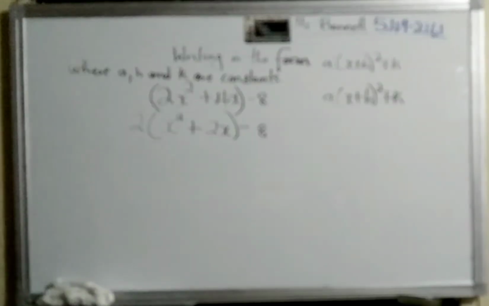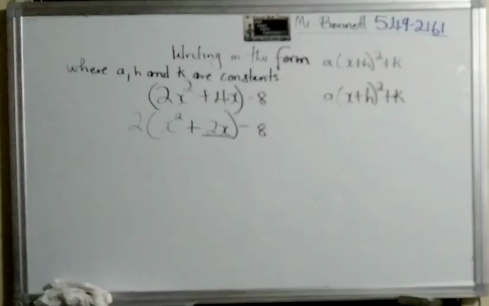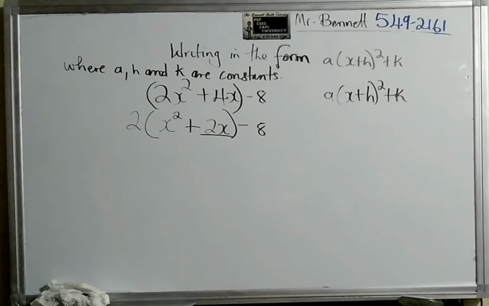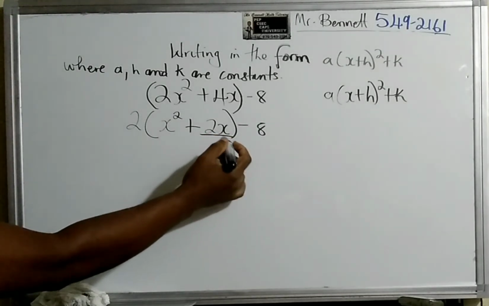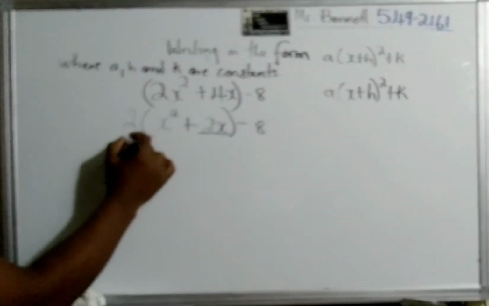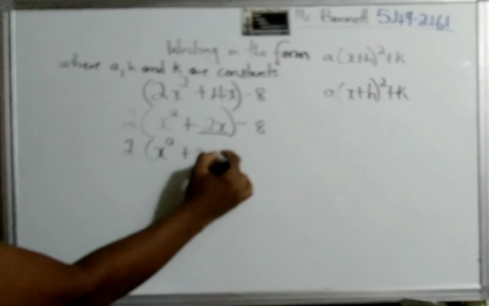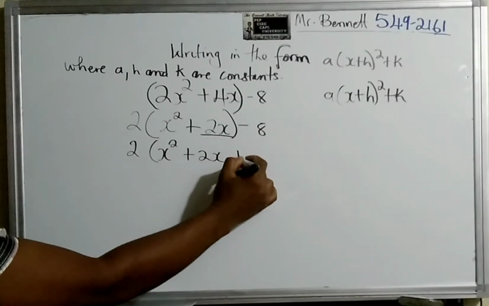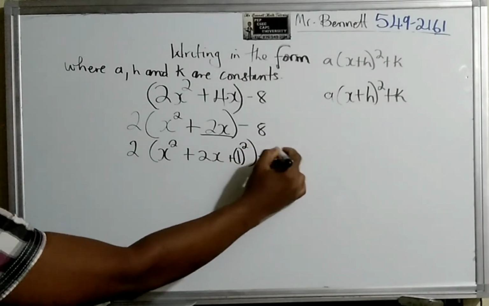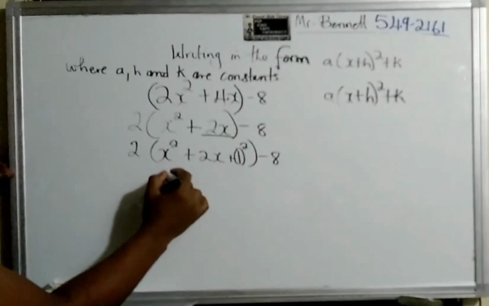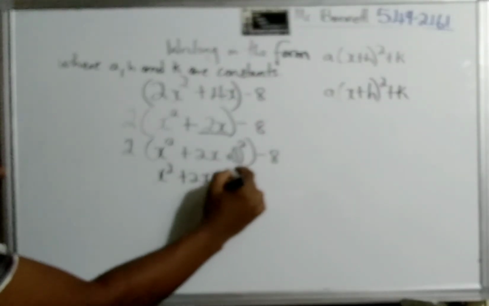The next step, we are going to put a third term. But the condition is it must be a half of this and square it. So we're going to find a half of 2 and square it. Half of 2 is 1, so we put the plus 1 and we square it. Square means we multiply it by itself. So let's tidy up. x squared plus 2x, 1 times 1 would be 1,